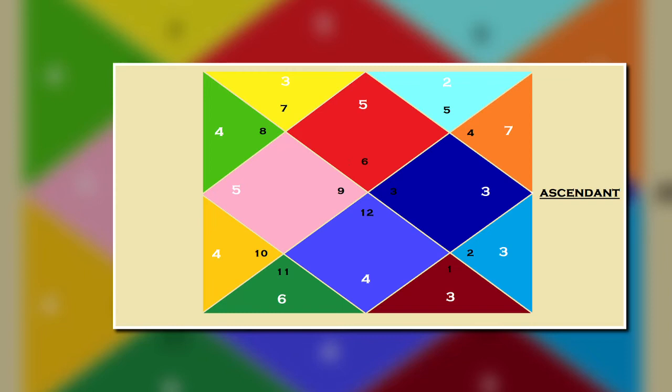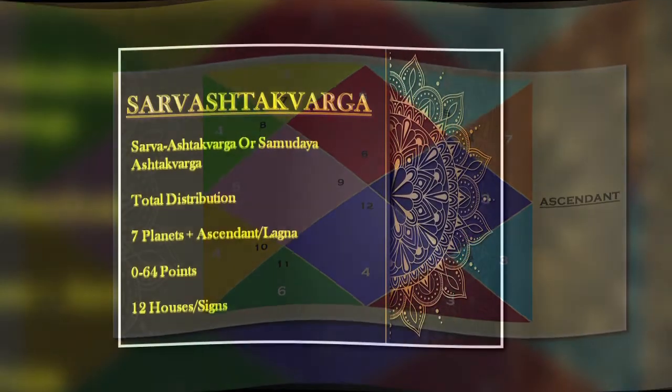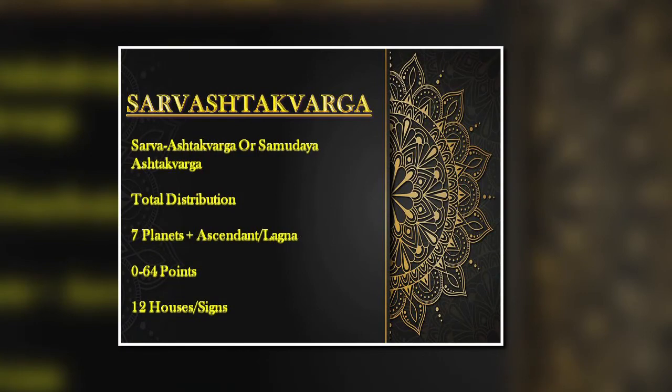Now, let's move one step further. Until now we were looking at the individual distribution of the planets. But now, let's take a look at the bigger picture. Now, let's understand the concept of Sarvashtakvarga, also called Samudaya Ashtakvarga. The word Sarva means all. So, this is nothing but the total accumulation of the individual points given by all the 8 bodies, to a